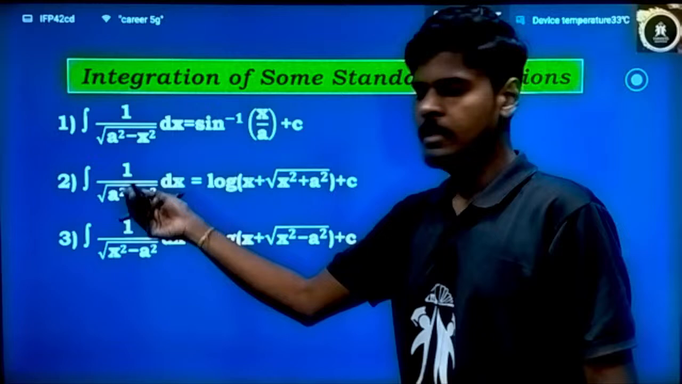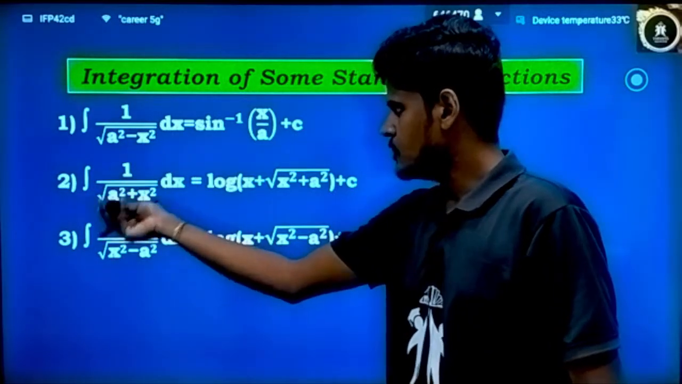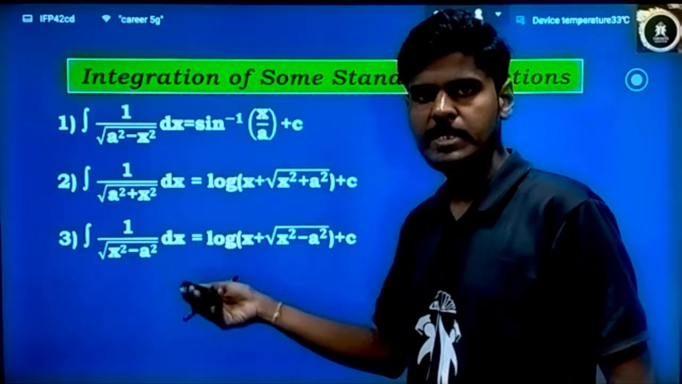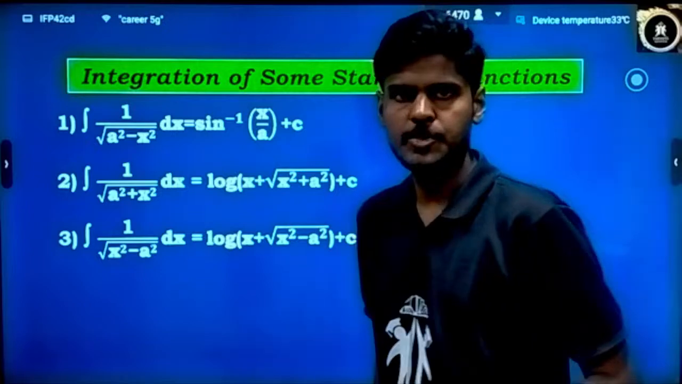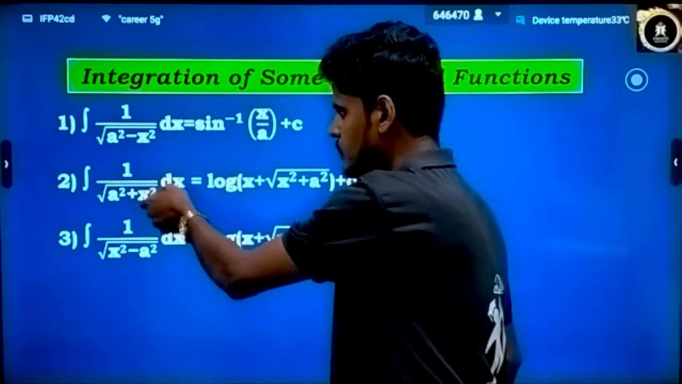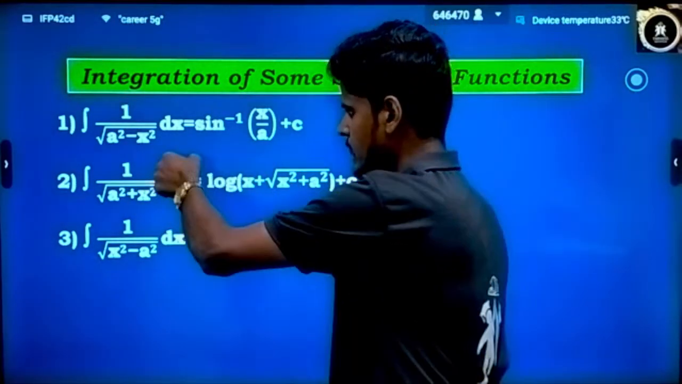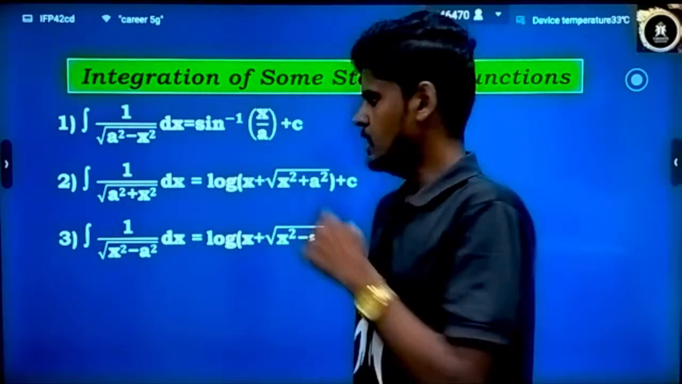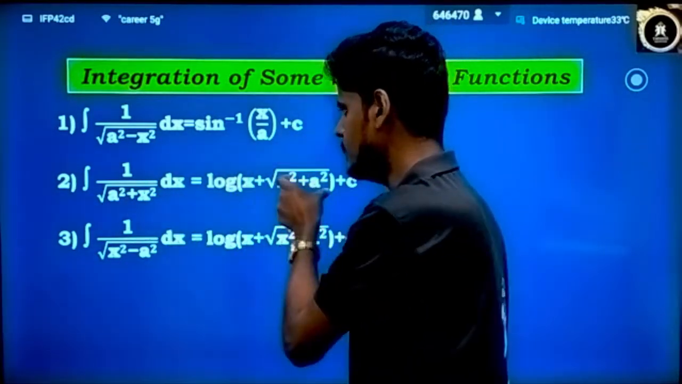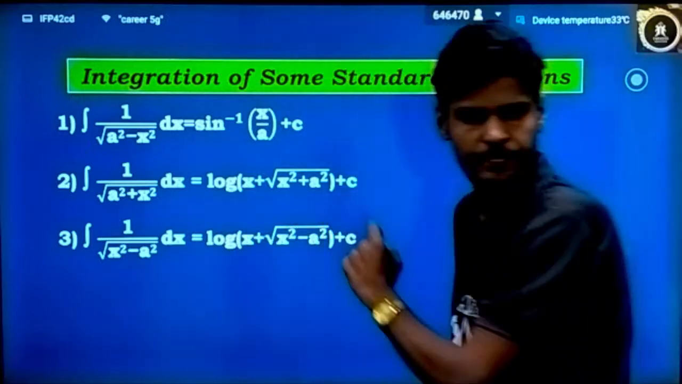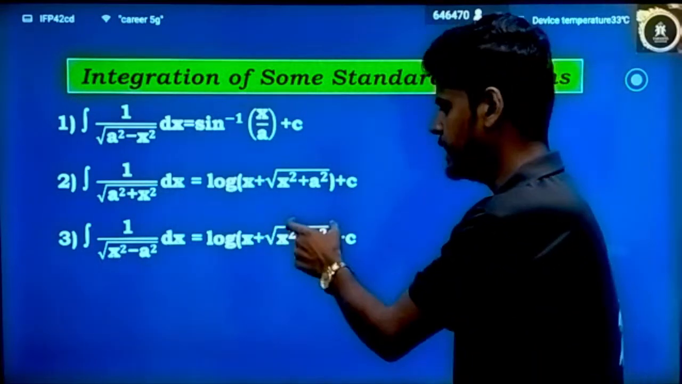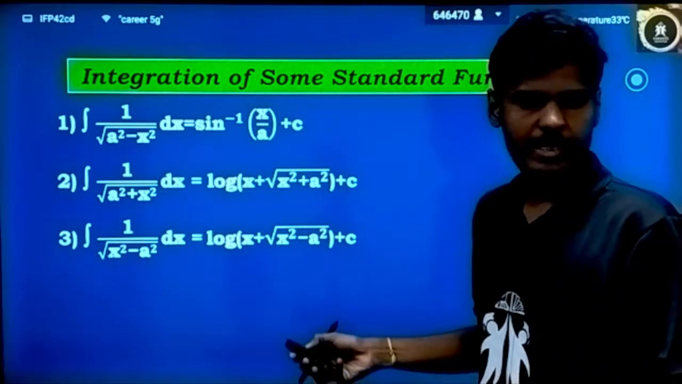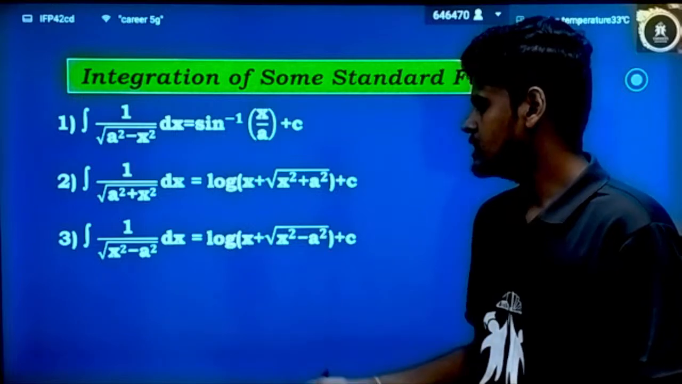So what we need to find? Integral of dx by square root of a square plus x square means, here we have coefficient of x square is positive. Square root of x square is x. So that means dx by x form. So answer will be log x. Log of x plus, write the value here. Same for this. Log of x plus, write the value here. Right, students? Next,